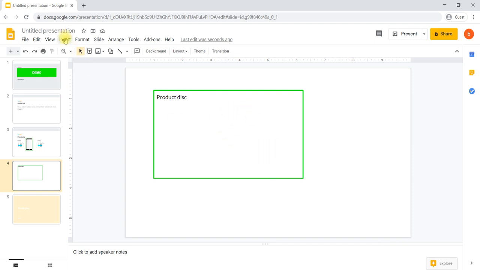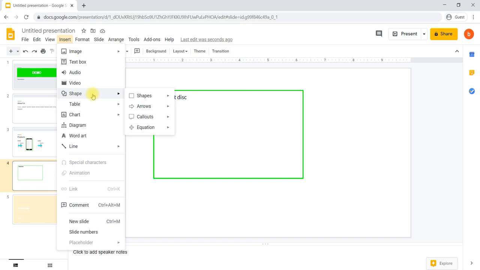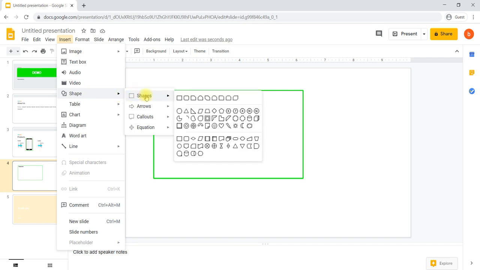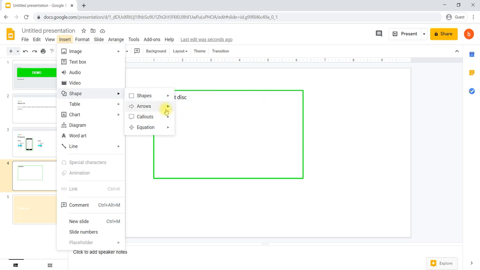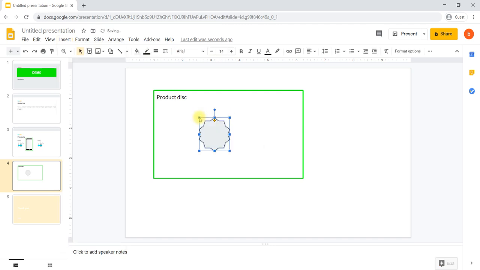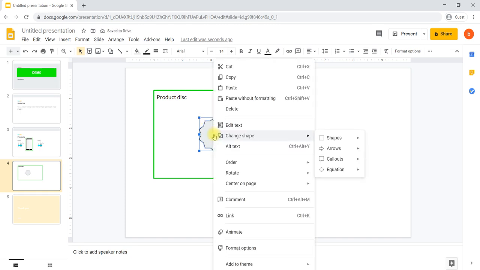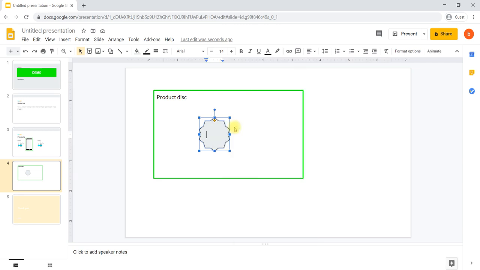Again, you can insert some shapes also here. Shapes are nothing but inserting some boxes, or some symbols or arrow marks. Okay, callouts like a price offer. If it is there, you can select one callout and click here, and then right click and say Edit text to write something there. Okay, 50% off, like this.